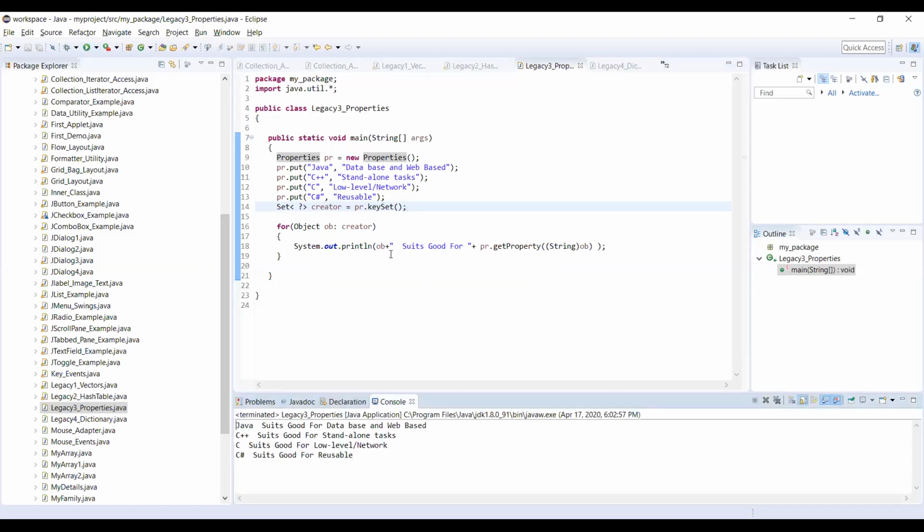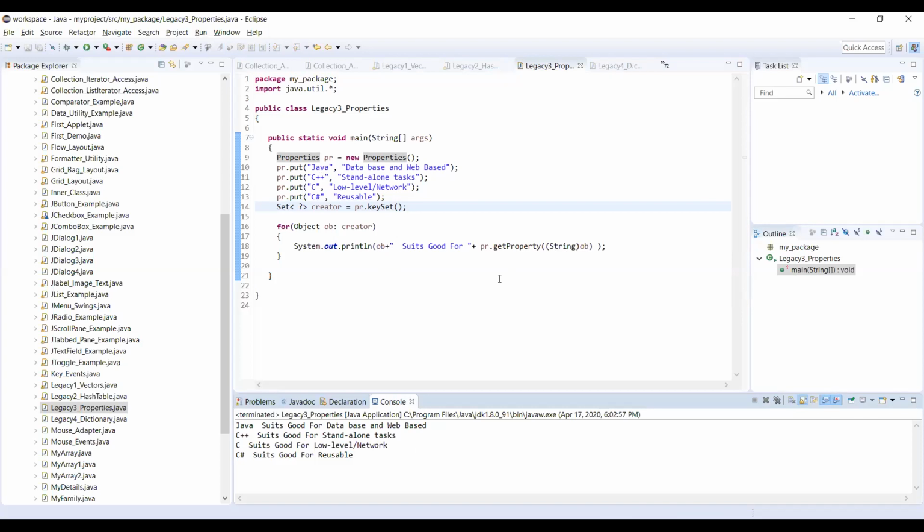You can observe, friends, that java, cpp, c sharp are all there in ob. And if you observe this get property, all these get property calls are with respect to ob. Within that ob, if I am printing that ob, I am getting the key.